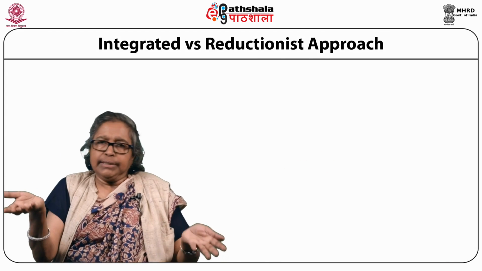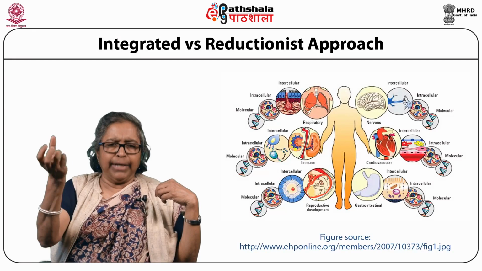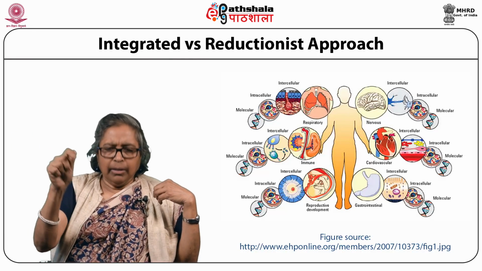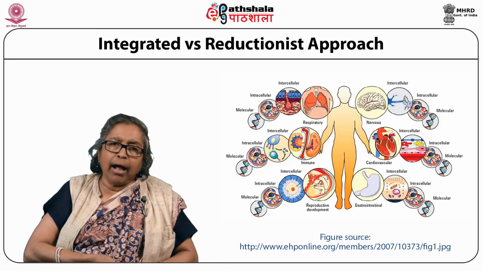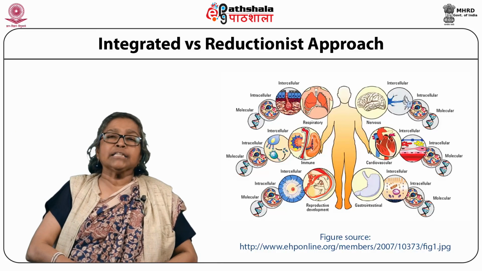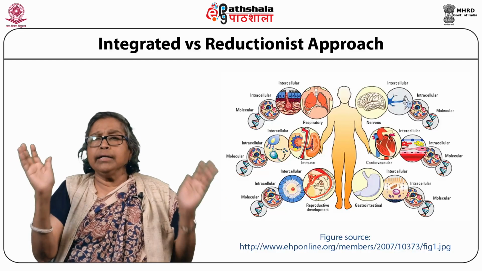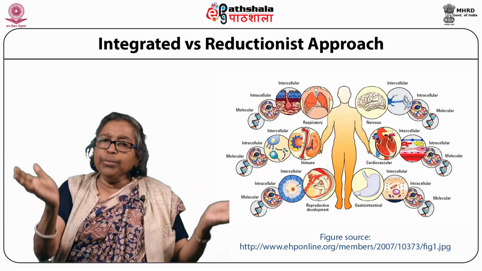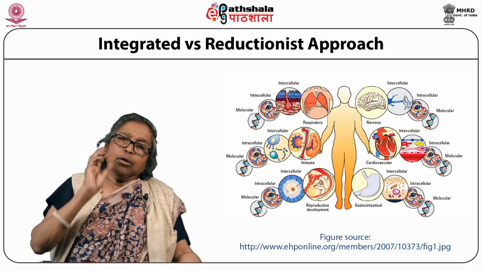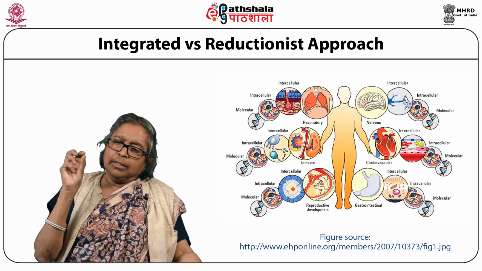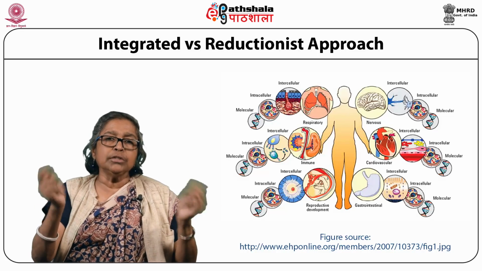This started with the concept that it is no longer about taking every single enzyme, designing an inhibitor for it, and expecting that the result will give you a drug. Most often it has been a failure. Earlier, we did not understand why it failed. Today, thanks to genomics, proteomics and metabolomics, we are able to understand that if we have to approach a disease and cure it, we require an integrated approach instead of a